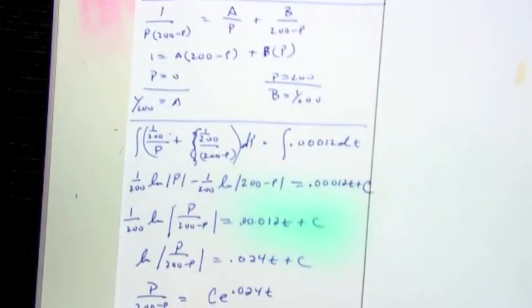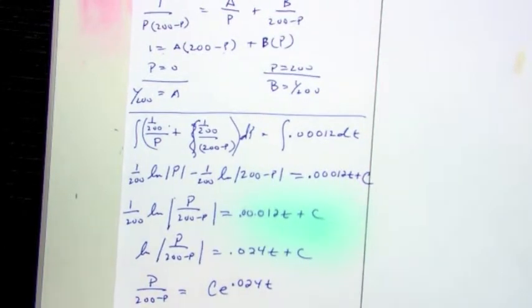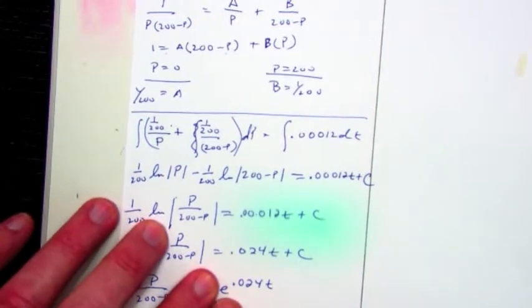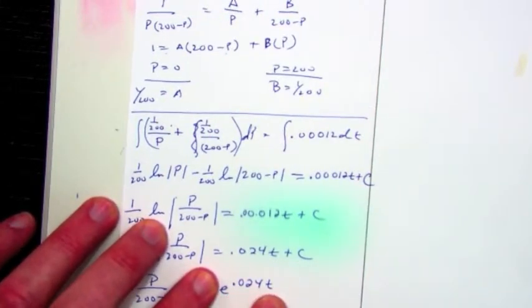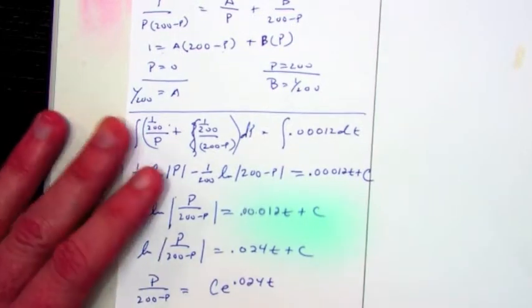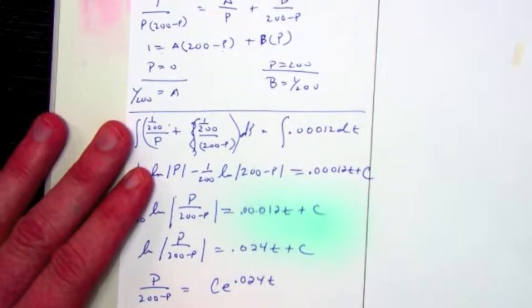Okay. Now, because we can't separate a denominator, we're going to flip both sides. When I flip this side, it just becomes 1 over this, which is e to the negative 0.024t. But that's still just a constant. It's 1 over that, so that 1 over c is still just a constant. So it becomes c e to the negative 0.024t is equal to, when I flip this, I get 200